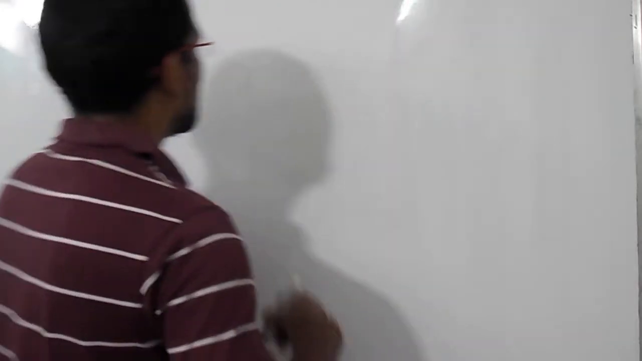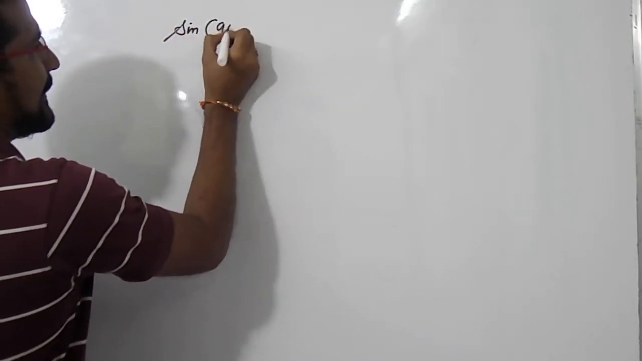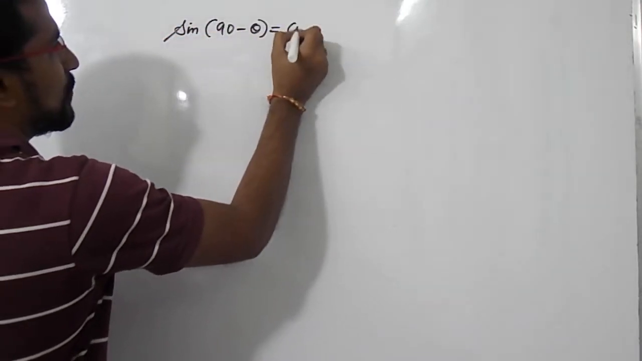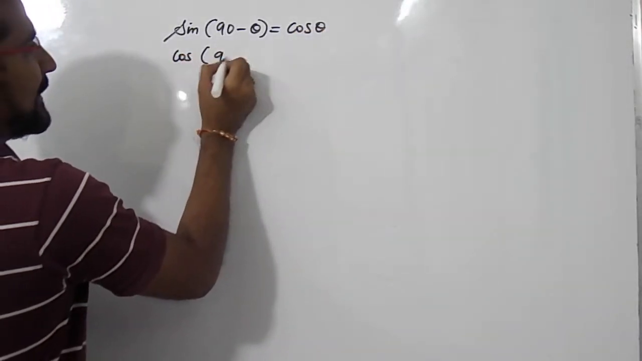So today in this session we are going to see the next sum of exercise 8.4 of NCERT textbook of class 10th. Before proceeding to question number 3 of exercise 8.4, we have to know the trigonometric ratios of complementary angles. So we'll see that sin(90 minus theta) is equal to cos theta, and cos(90 minus